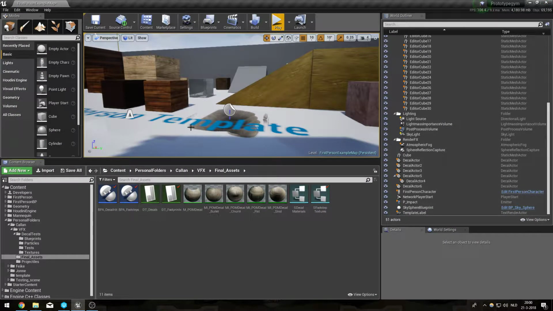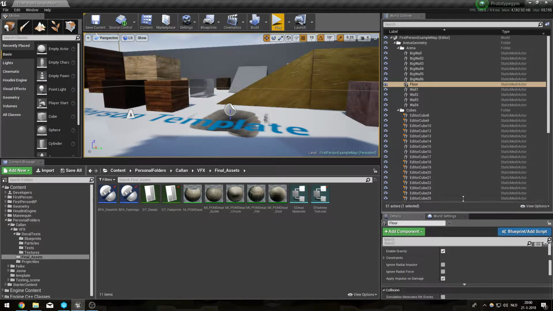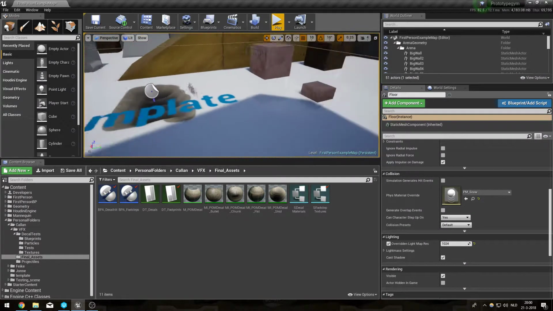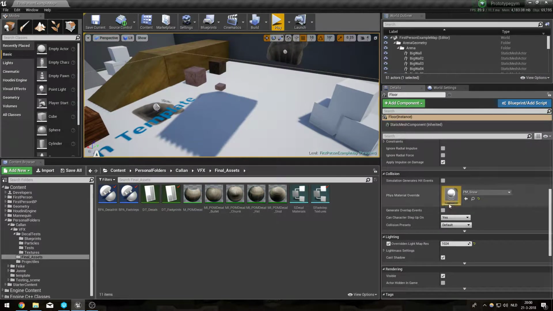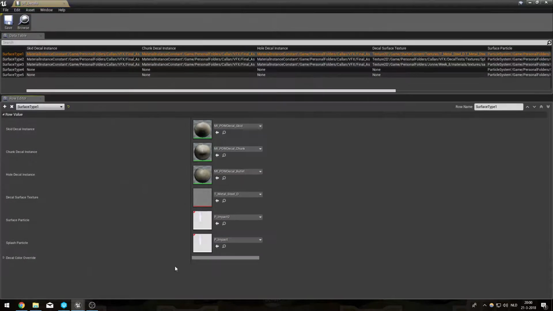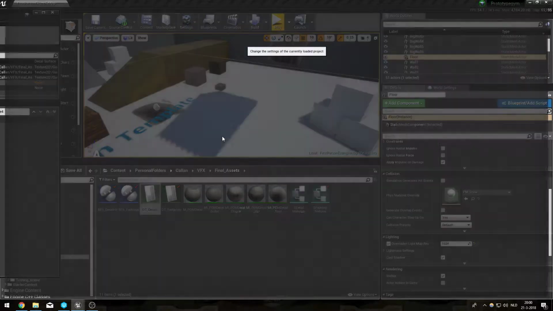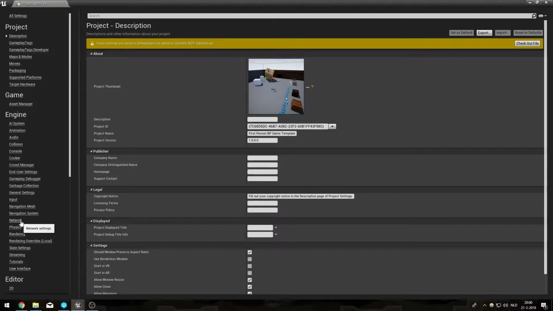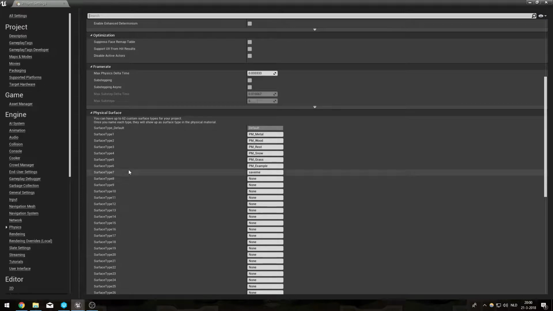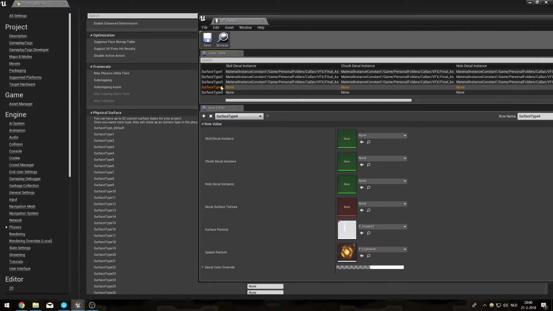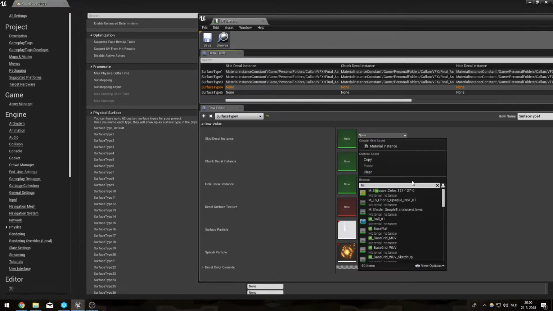If you want to add another physical material, as you can see, I have this beautiful white snow landscape with physical material snow applied to it. You can just open the data table decals, and as you can see, I already have a couple of surface types applied to it. If we check our project settings, we have to make sure that the naming convention is equal to the physical surface. So here we have physical material snow and surface type 4. So for surface type 4, we're going to add